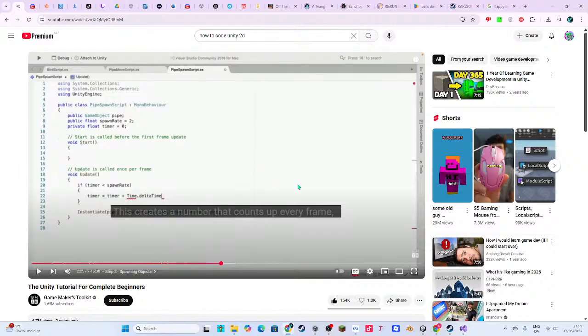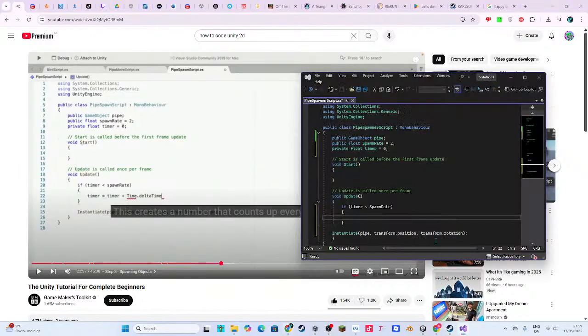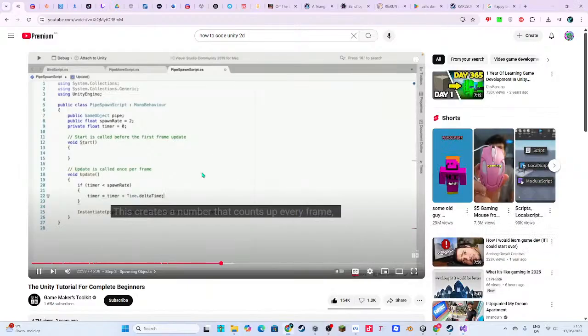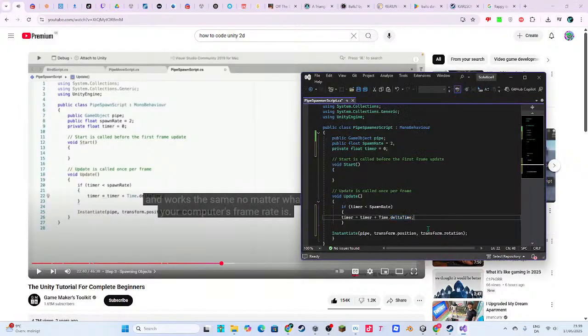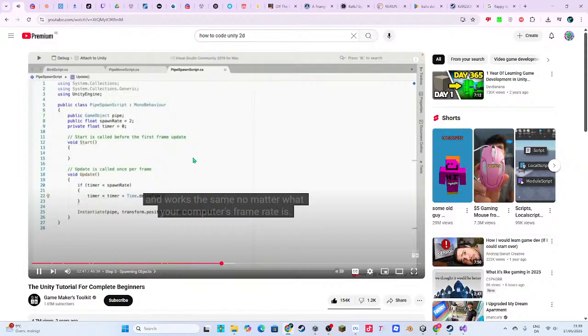Timer equals timer plus time.deltaTime. It's a number that counts up every frame and works the same no matter what your computer's frame rate is.